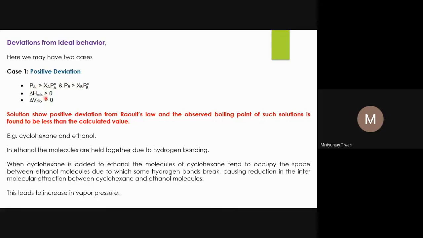And that tells us that the interaction, the force of attraction this solvent molecule was feeling to stay in the solution phase, has become weaker. And if that has become weaker, it means what? It means the system has absorbed heat, because the kinetic energy of the solvent molecules is more in that case. That is also why it will go into the vapor phase, because gases will have more kinetic energy.